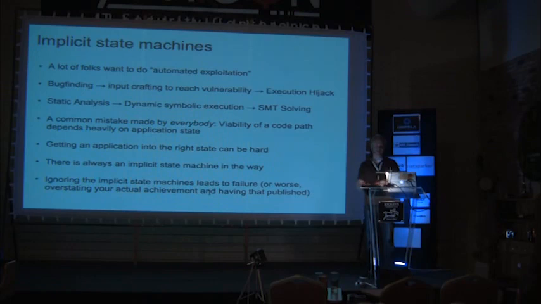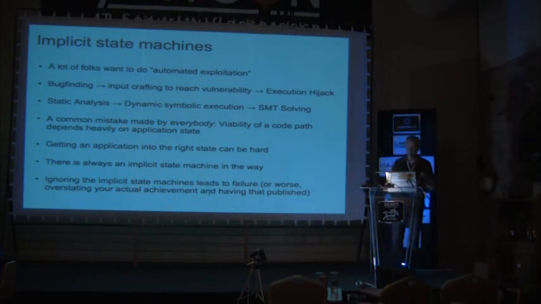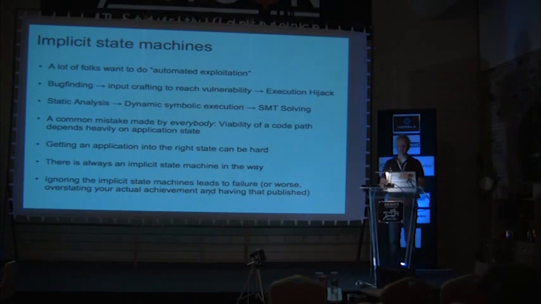So you go to the next path, which, oh yes, the global variable is being set to 23 over here. You start building input for that, but in order to execute this path, you have to have the global variable first in state 24, and so forth. So people completely neglect that without understanding that state machine behind there, this stuff just won't work. And unfortunately, the incentive structure in today's world is such that you don't get any credit for publishing when exactly things don't work.